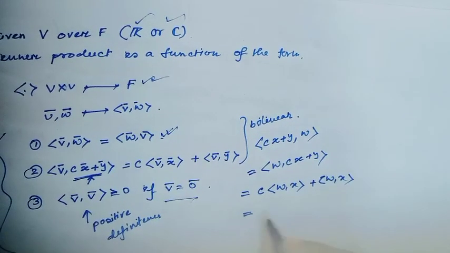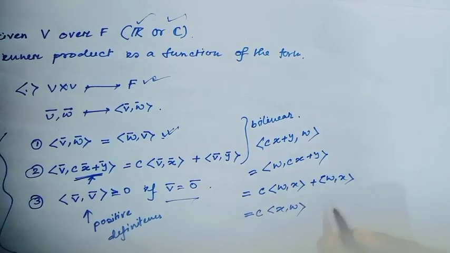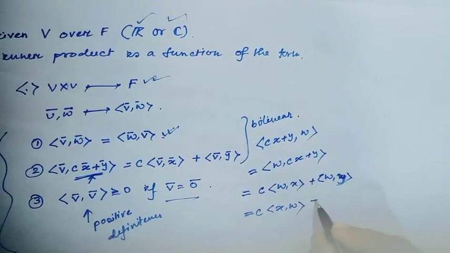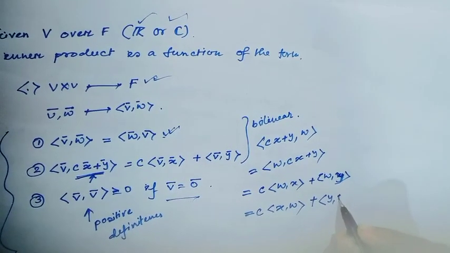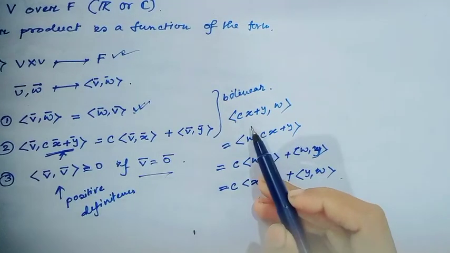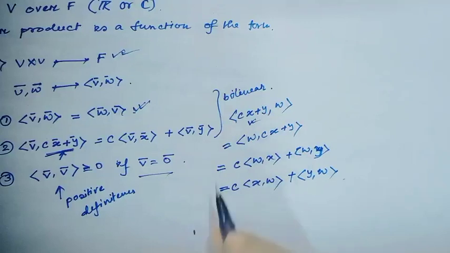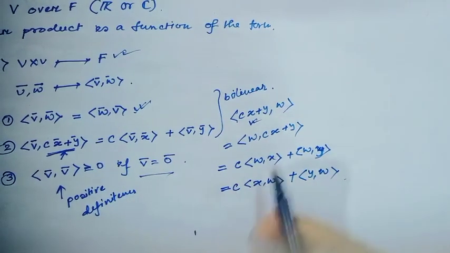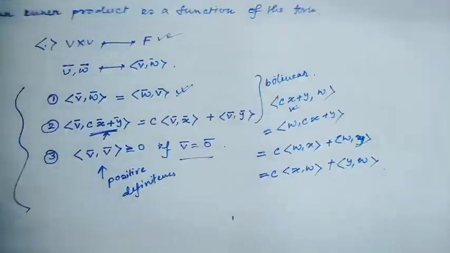Inner product Wx equals inner product xW, and inner product Wy equals inner product yW, so it is also linear in the first vector. So this is bilinear,